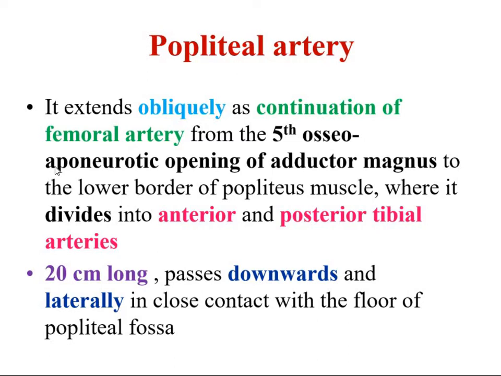And you can see it is worth noticing that it is going downward and laterally. ठीक है, तो earlier it was medially. ठीक है, आपको याद होगा femoral artery थी, femoral artery आपकी adductor magnus में जाएगी. adductor magnus कहाँ है, medial compartment का मसल है, और medial compartment का मसल है तो obviously it will be medially. ठीक है, तो medially होगा, medial से वो आपका magnus को pierce करके नीचे आई, then downward, and then it is moving towards laterally, so it will be lying obliquely in the your popliteal fossa.